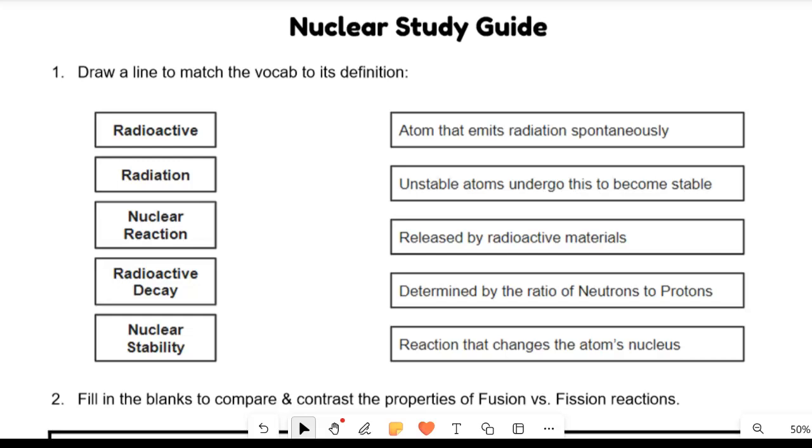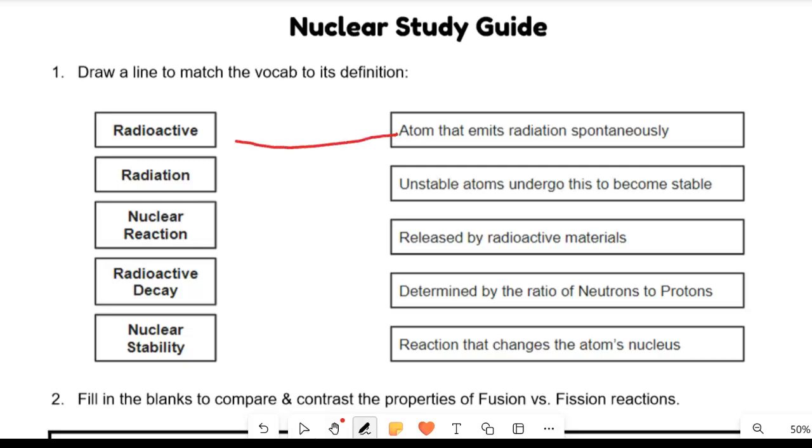Hello, everyone. This is Nuclear Chemistry Unit Review with Ms. Rodriguez, and today we're going over all of the topics that are covered in the Nuclear Chemistry Unit in high school chemistry. So starting off with some definitions, our first definition is atoms that emit radiation spontaneously, and that is